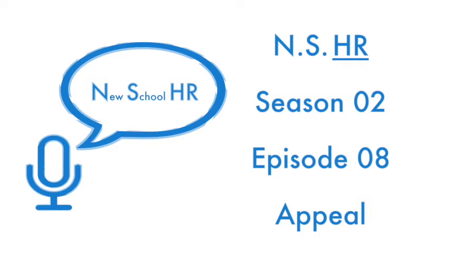So, what is an appeal? So, the employee has the right to make a challenge if they don't agree with what they've been given as an outcome. The appeal must be in writing, and it must clearly outline the reason for the appeal. So, writing, I don't agree with the decision. Although you might choose to accept it, doesn't really say a lot.